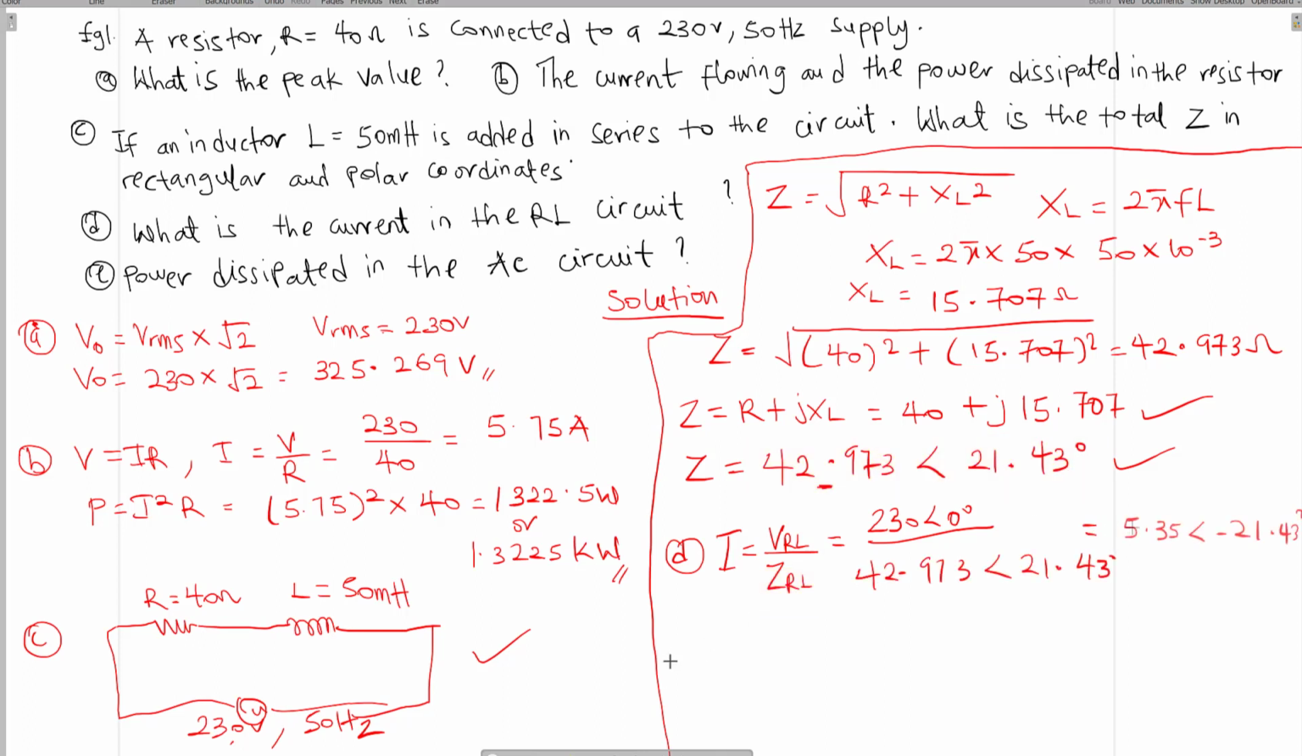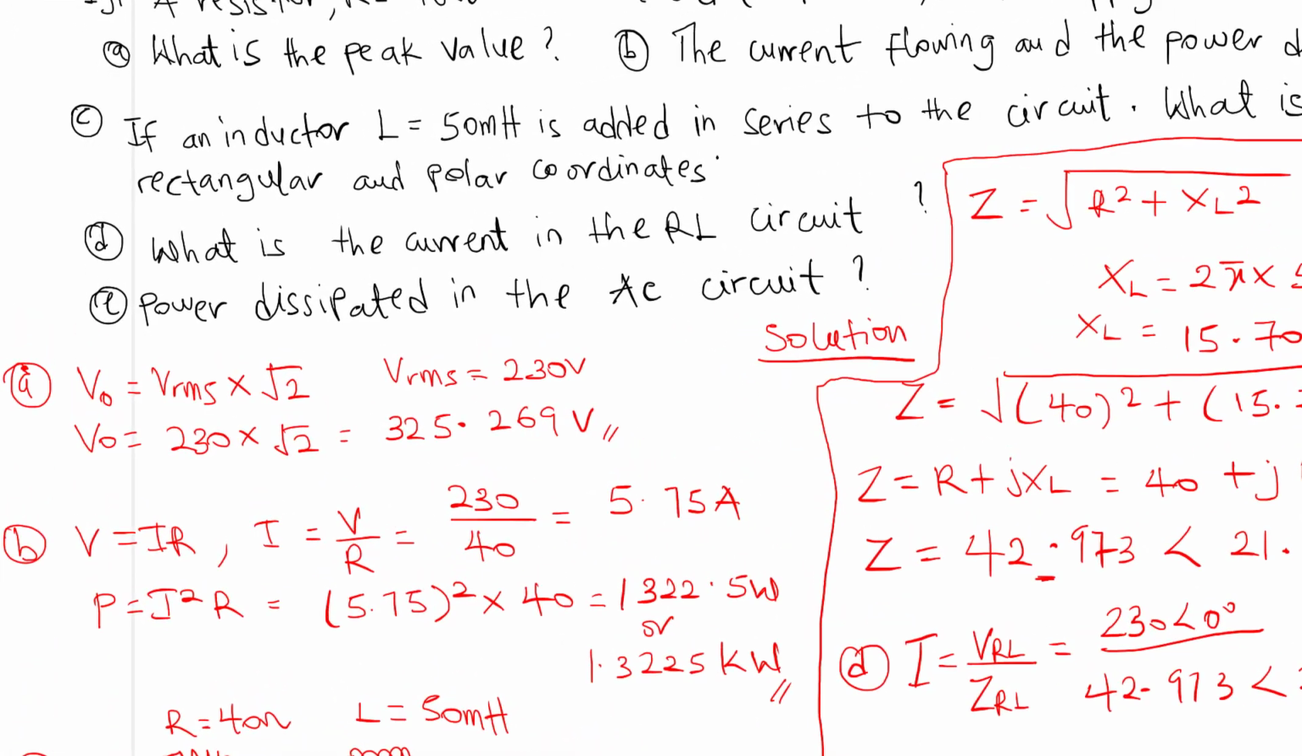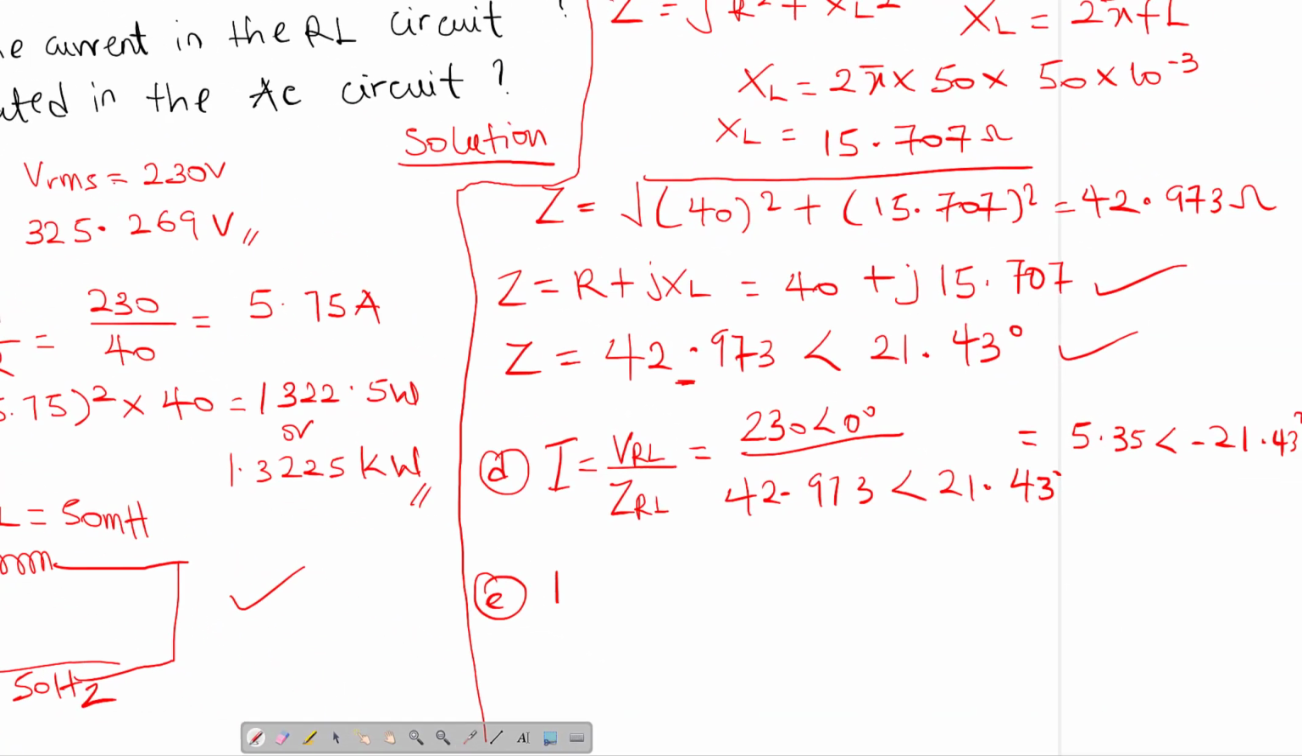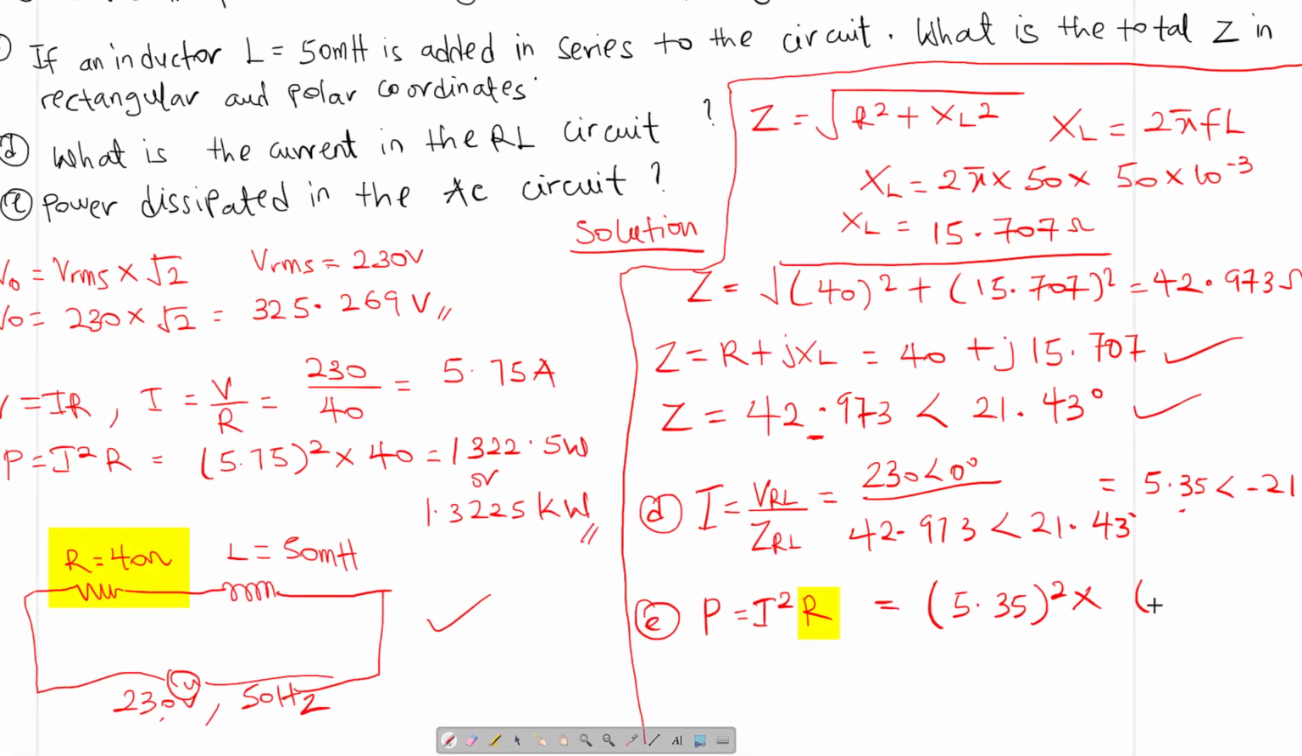So E says we should find the power dissipated in the circuit, right? So we know that P is equal to, we have I already, that is what we found over here, that is 5.35 squared times the resistance in the circuit, that is 40. So then the power would be,